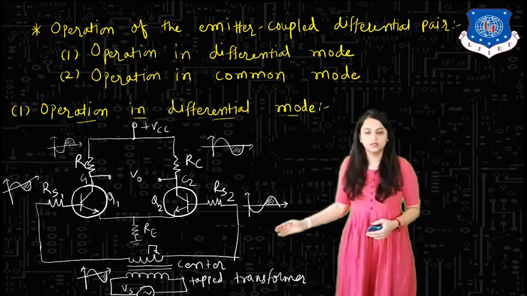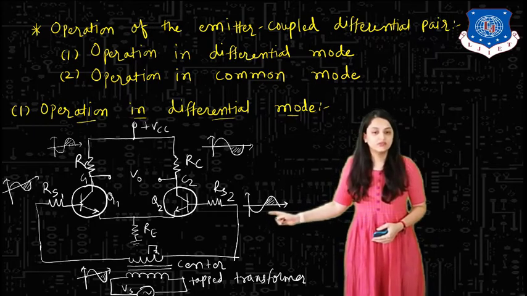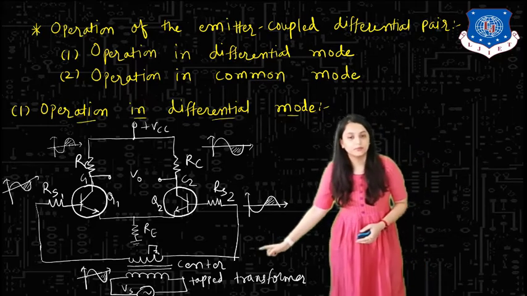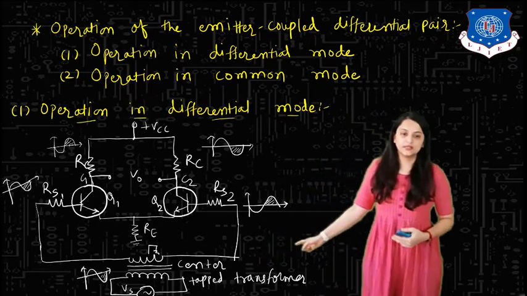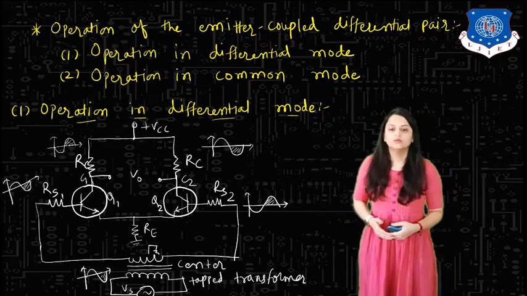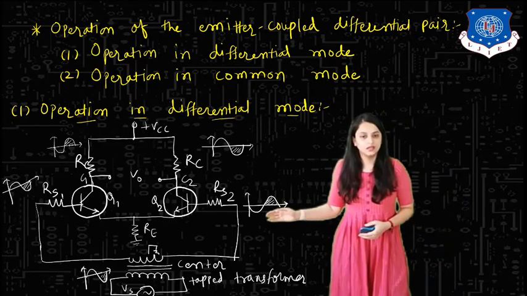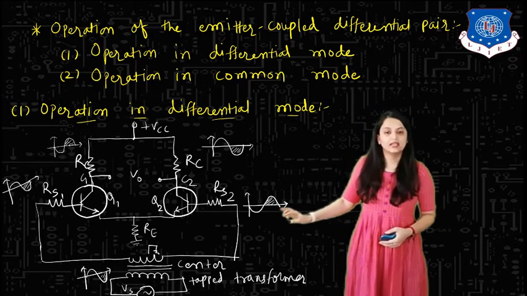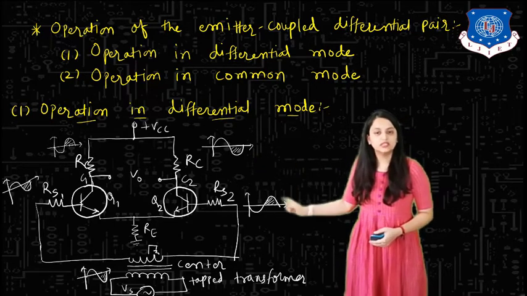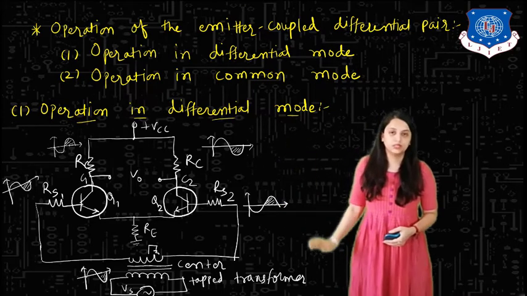So as you can see over here, at Q1 the signal is indicated, and at Q2 the signal which appears at the base terminal is inverted relative to the other because of this transformer. Due to the use of the transformer, the phase shift will be introduced between the two different inputs. Now, the output is obtained from the collector terminals. So as you can see over here, the base signal appears like this, and exactly the opposite will appear at the collector terminal of Q2. Same way, whatever signal appears at the base terminal of Q1, exactly the reverse will appear at the collector terminal.